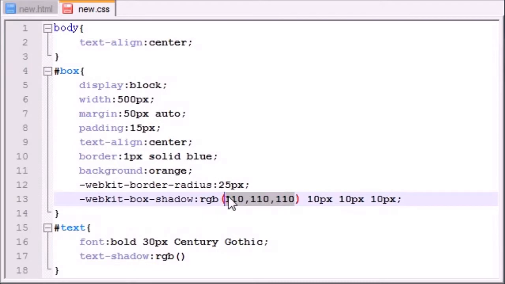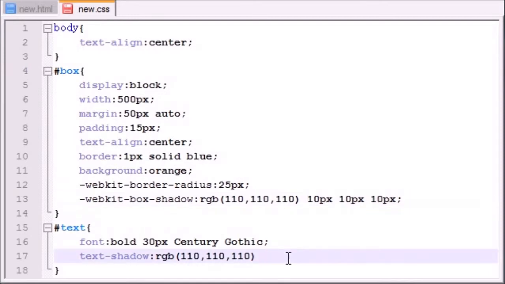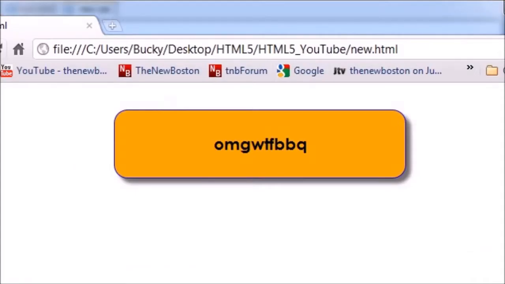In fact, I'm way too lazy to type this, so I'm just going to go ahead and paste that right there. And actually, for my spread I probably don't want to use 10 10 10 because that's a lot for some text. So just use something like 3 pixels, 3 pixels, and give it a blur of 5. Now, whenever we do this and save it and refresh, we can see that we got a nice shadow on